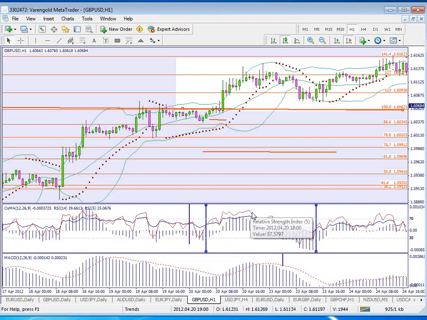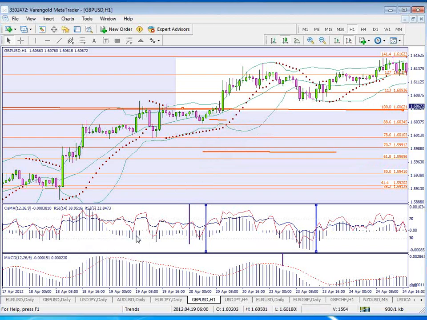The 70 level means that the pair was overbought, like here, and when the RSI is going under the 30 level, the pair was oversold. The RSI 14 is an indicator for 14 periods of time,